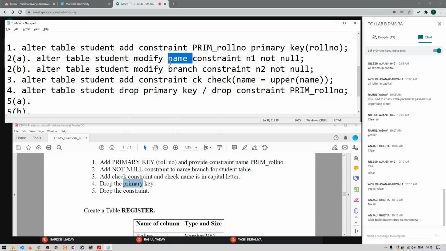Okay, so Anjali has already given the answer of the second one. Alter table student, drop constraint N2. Very good, Anjali. Right answer. Tarun and Nilesh, awaiting your answer.